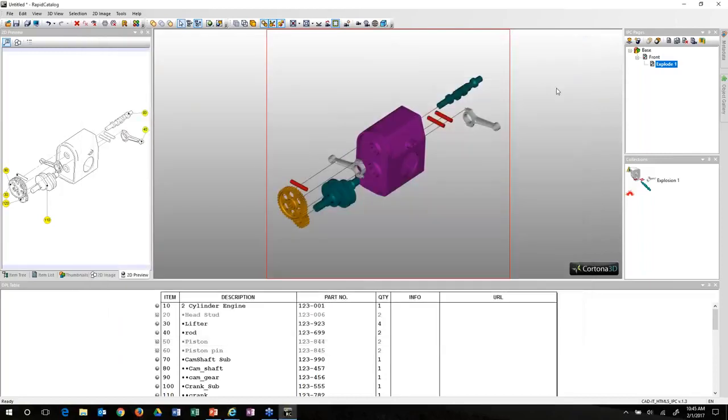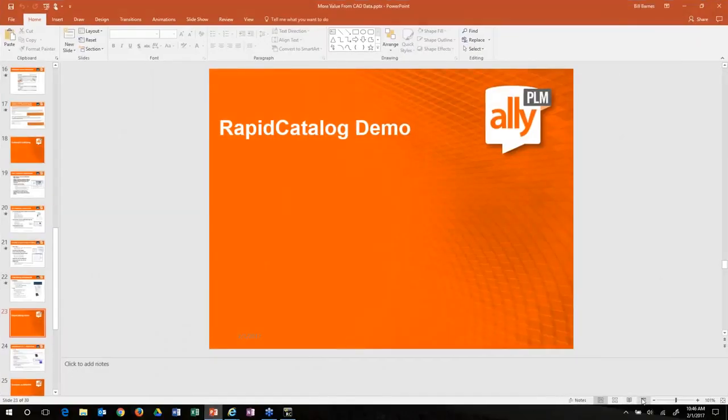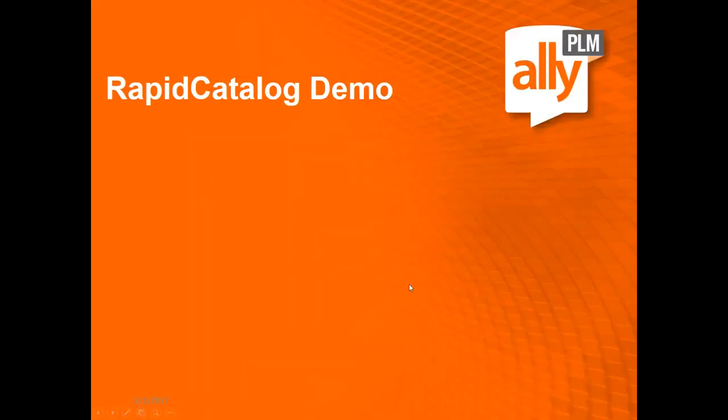Okay. All right, so that's how easy it is to take a CAD model. In this case, it was a JT model, bring it into Cortona, very, very quickly author a spare parts catalog with the links into, and in this case, it was an email system using a predefined style sheet. Okay, let me step back into the presentation just to finish this off. I want to quickly talk about